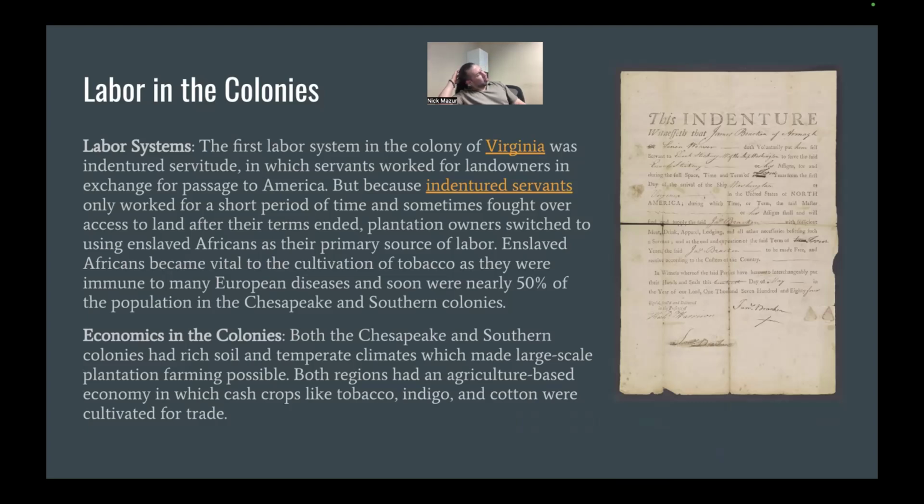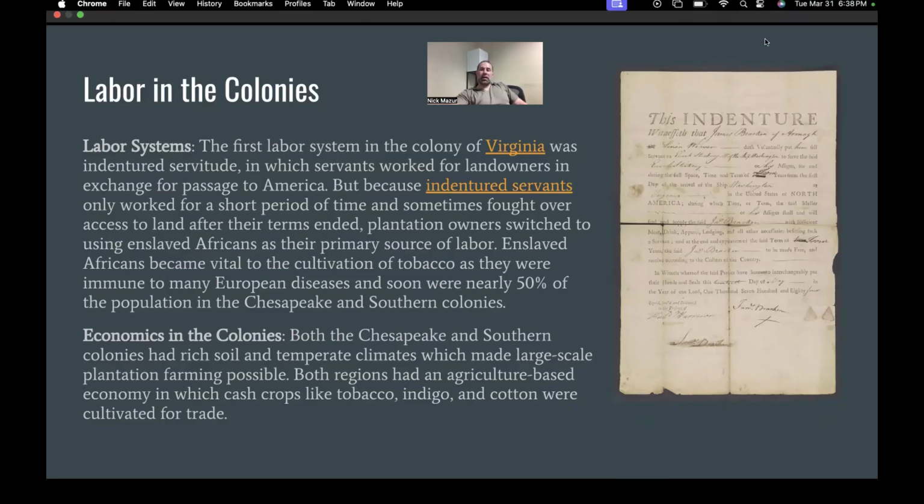Well, kind of a problem with that too, because what ends up happening is that once the indenture is up, the person who was using this labor runs out of it, right? They have to get another indenture, another person. They have to go through the process of training another person. And my God, isn't that just annoying, right? So there's already this problem in terms of a consistent pool of labor that is fixed, that they're already running into in the colonies.